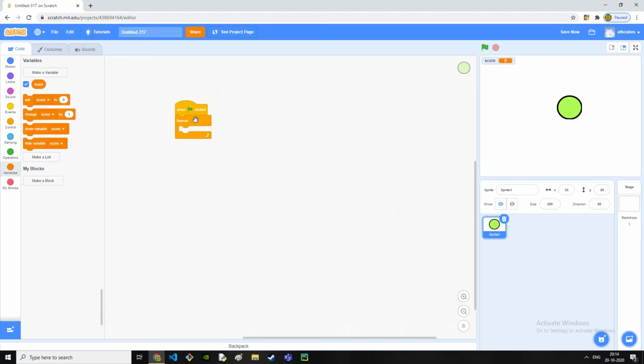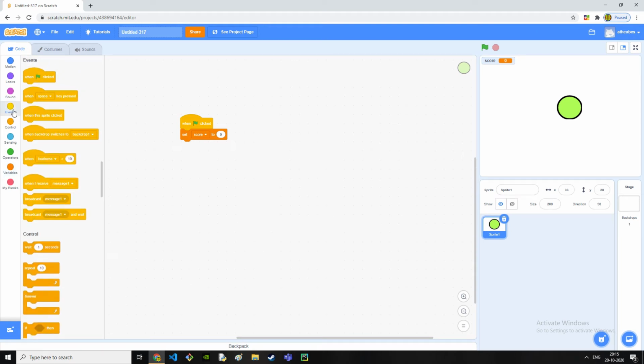Then take this set score block, join it in with this one and join this one like this. I mistakenly added this one, so to delete it, just throw it here. Bye bye.